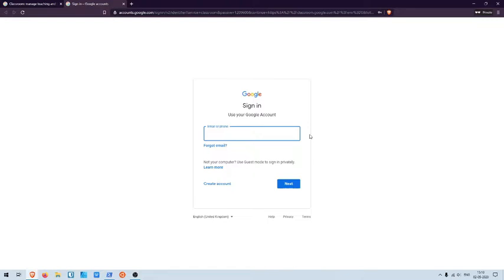Now, Google Classroom has special features for people who have what is called an enterprise email account. An enterprise email account is an email account which is connected to a certain organization. For instance, RPD College has a website and a domain name that is property of RPD College, and the name is rpdbgm.edu.in. So we're going to use that as an example. GSS College also has the same thing. Google provides free of charge services to colleges and schools where they get these emails and custom emails and services connected to that for free.